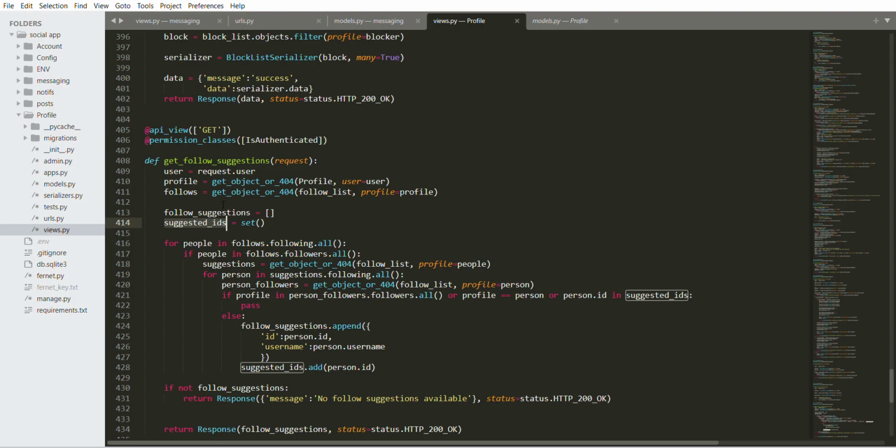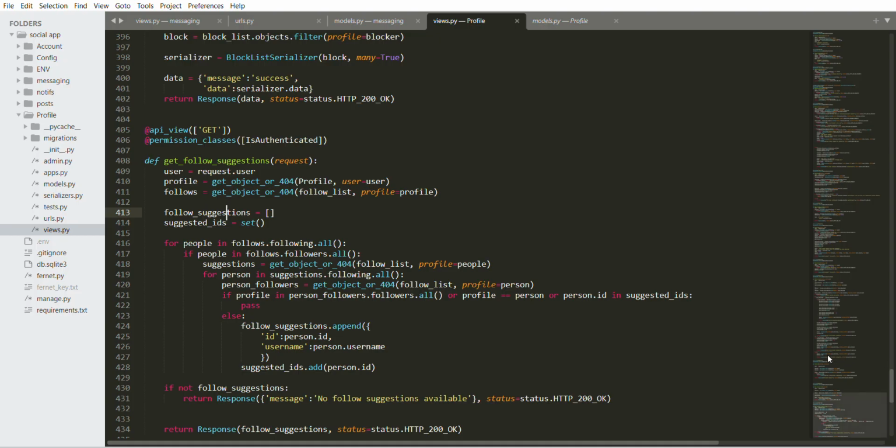So going over it again, our first check is if profile, that means if the person that is about to get the list of follow suggestions is already in the particular person's followers that is meant to be returned, or the profile is also equal to the person that is about to be suggested, or the person has already been suggested before, do not add that person to the follow suggestions.